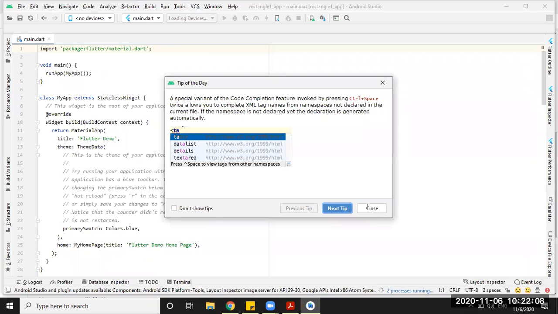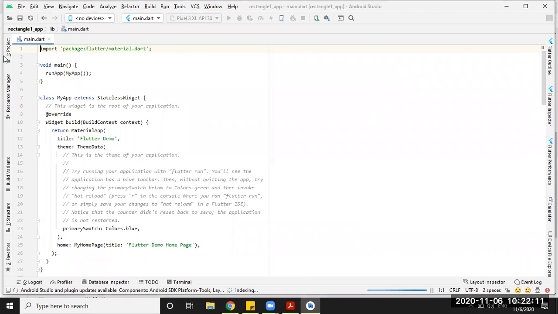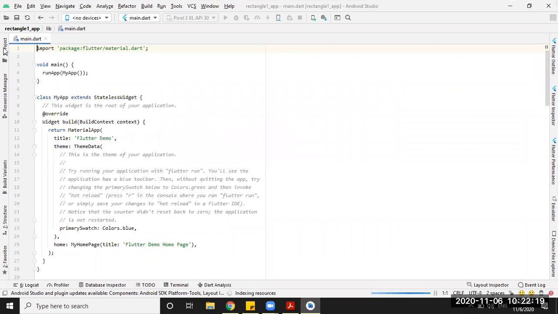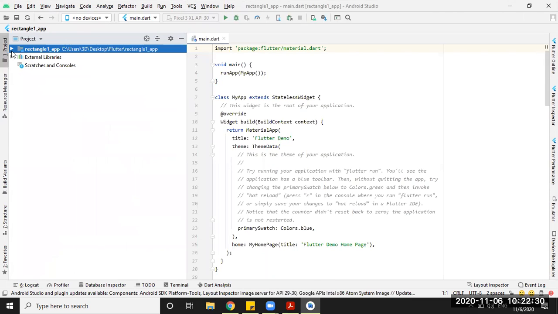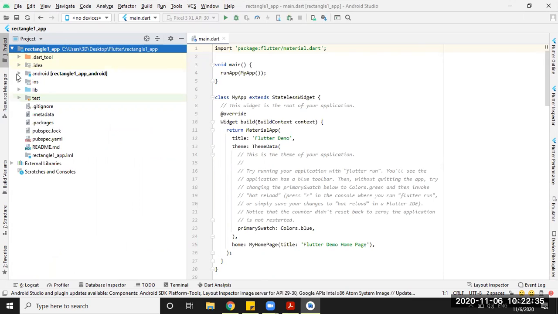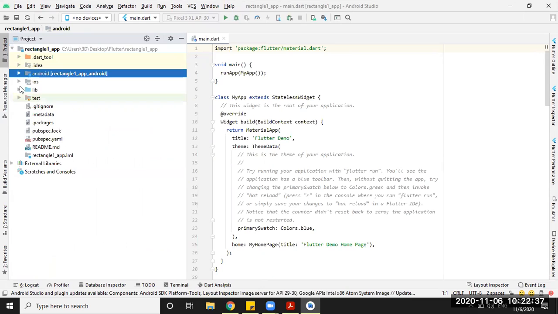It seems it's done. So look at here now, still loading, building maybe the other files. So we have the project. This is the project folder, and is it ready? Okay, rectangle application. Here are the Android and the iOS files for the Flutter project. The code will be generated for you automatically when you write your code,